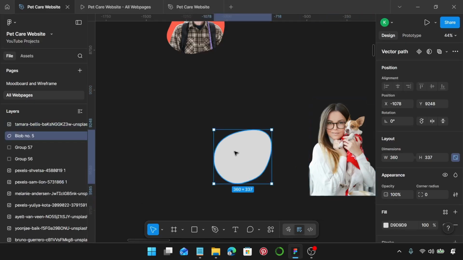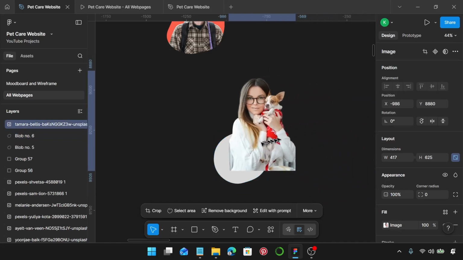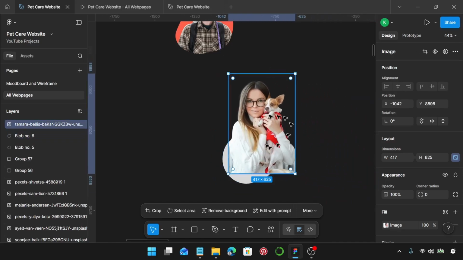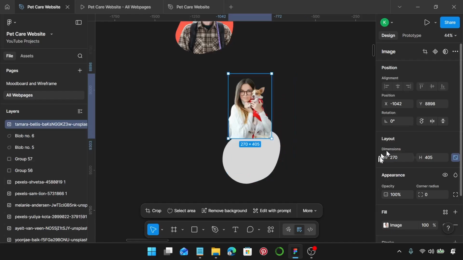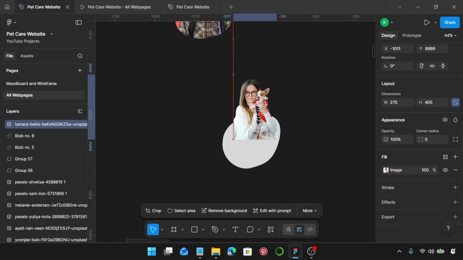Select this blob, Ctrl D to duplicate, and now I'm going to, oh, I haven't changed the dimensions for this image. The width is going to be 270. So change the width of the image to 270, and I'm going to